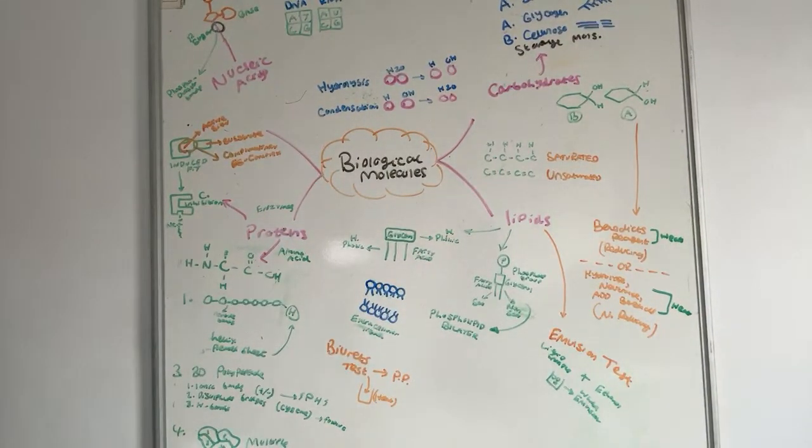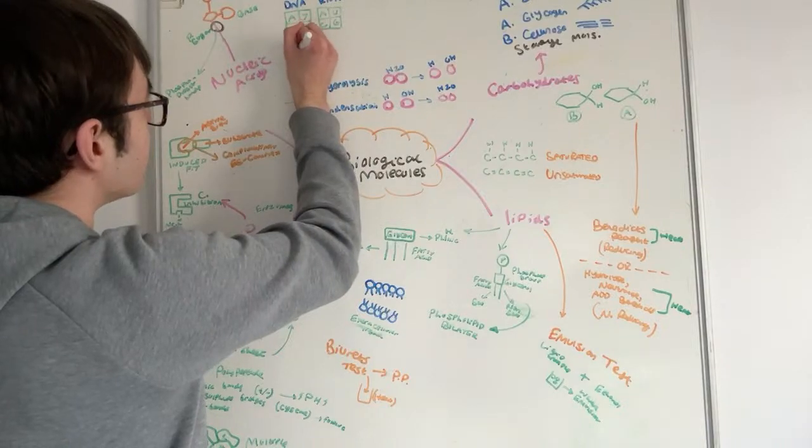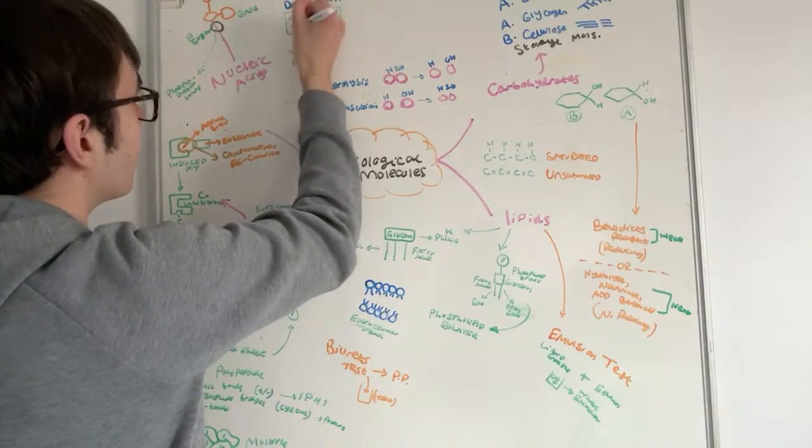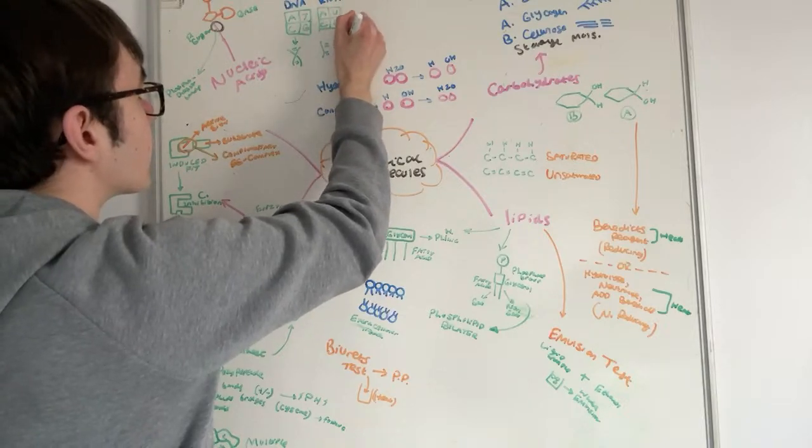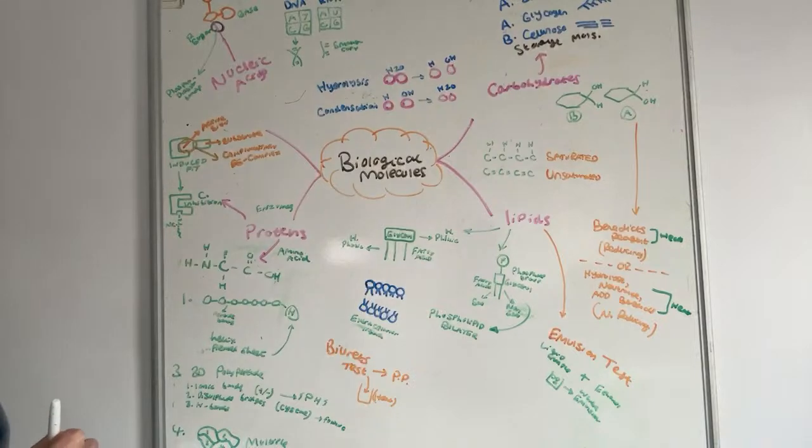That is basically it. I did kind of miss out a handful of stuff for nucleic acids because, I'll be honest, this topic gives me a headache. I guess you could talk about the double helix. That being a single strand, a smaller strand. I don't know, honestly. I feel like that's as much as I can fit on this whiteboard. I feel like I've missed some stuff. I have. I've missed a lot of stuff.